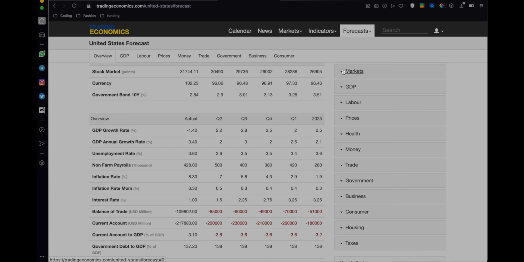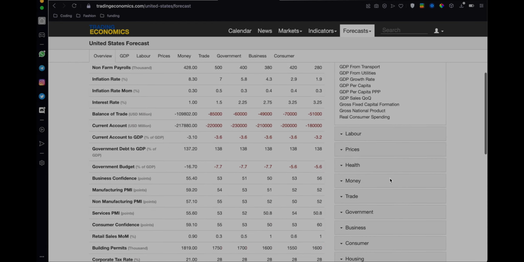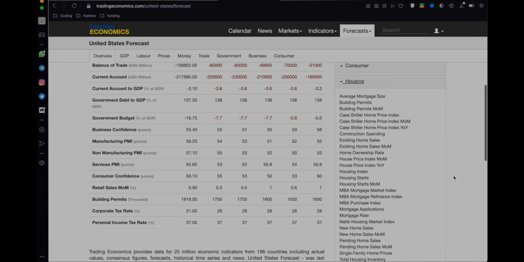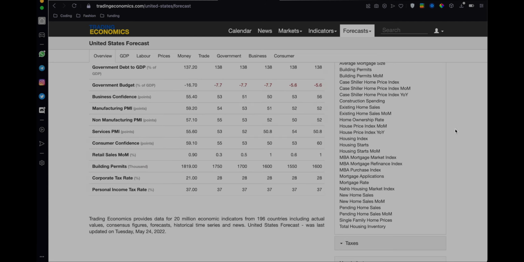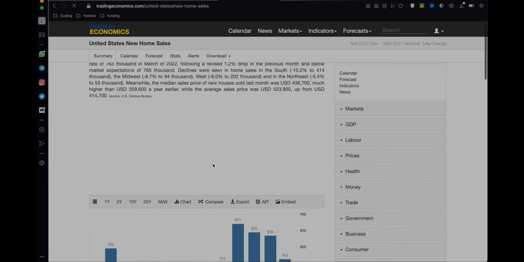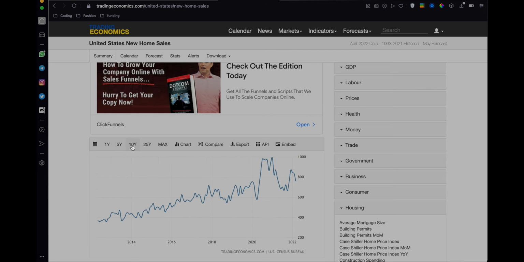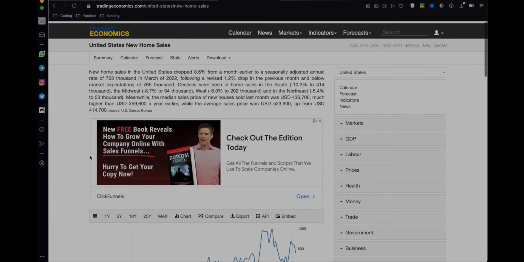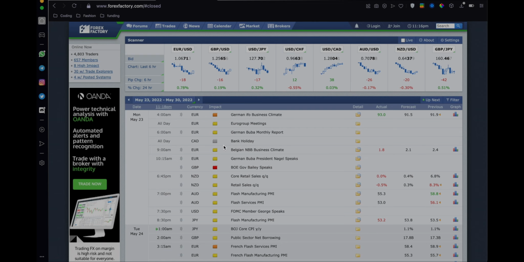And it's a lot more than that too. You get a tremendous amount of data from just general markets, GDP, labor. I love coming down here and looking at housing data. We look at this a lot inside of our Smart Money chat room because, you know, obviously one of the leading indicators that are recession or markets are kind of in turmoil is looking at new home sales. And if we go take a look at new home sales, you'll see that it's actually kind of declining a bit, which is somewhat nerve-wracking, right? But in general, you get very good context as to what's happening in each individual country, unlike Forex Factory.